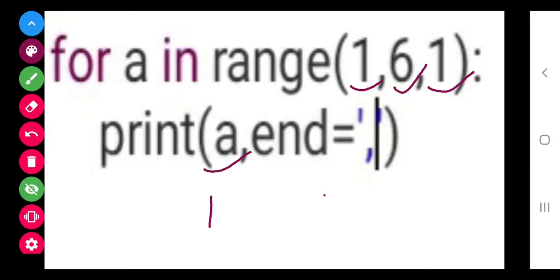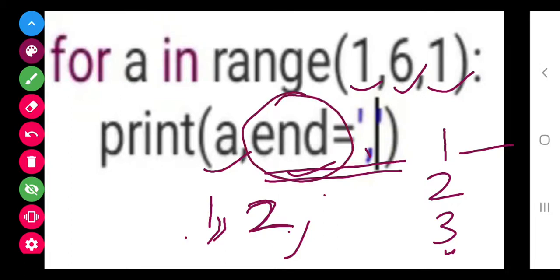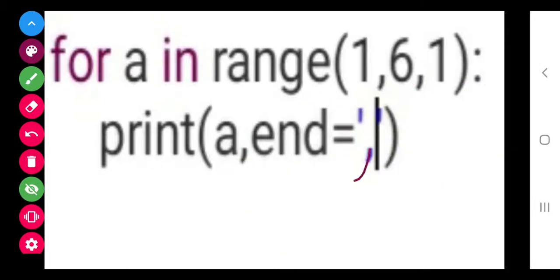Then print a, and here I have given the end statement and comma, because I want 1 comma 2 comma also to be displayed. So for that I have to use this end statement. This end statement will work to give this comma as well as 2 one after the other, otherwise it will come like this, but I want it in a single line. For that I have to use this end and comma. Whatever you give in between, it will display as it is. So you can see the output. This is the output.